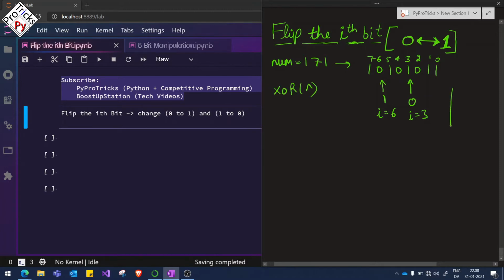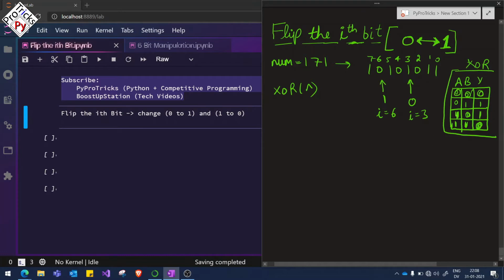Let me make a truth table for it. In the truth table of the XOR bitwise operator, when you have the same values, the answer is 0. You can see the same values 1, 1, the answer is 0. When they are different, the answer is 1.